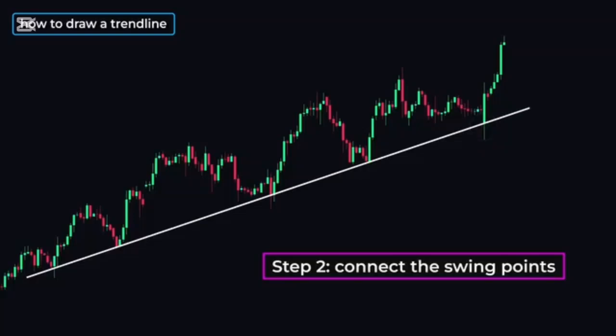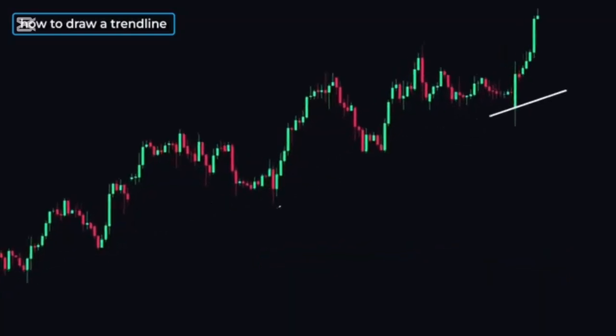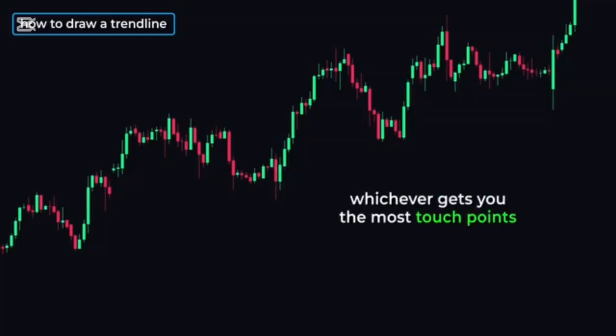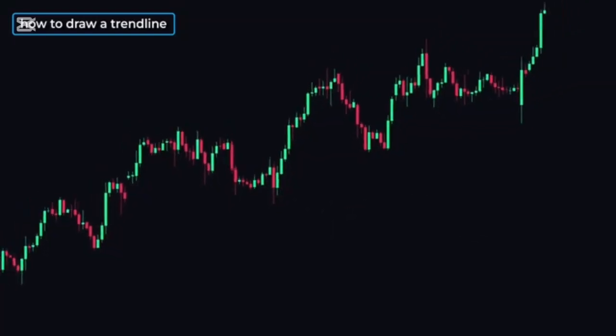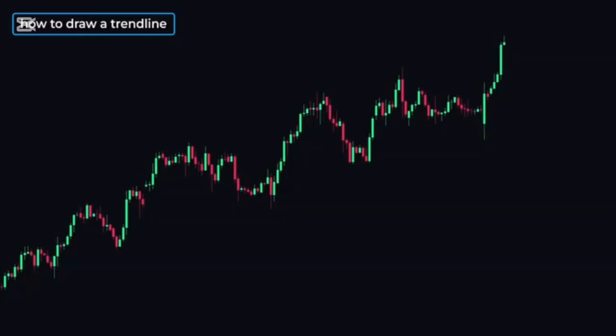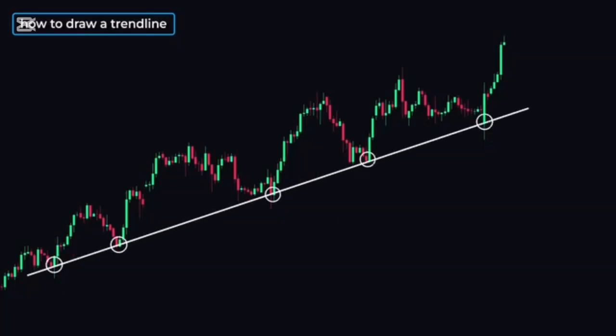Now, a common question people ask when drawing a trend line is, should I draw them touching the wicks of the candles? Or should I draw them touching the bodies of the candles? The answer is, whichever gets you the most touch points. For example, looking at this chart, if we draw a trend line by touching the wicks, we get a total of 3 touch points. However, if we draw it touching the candle bodies, we get a total of 5 touch